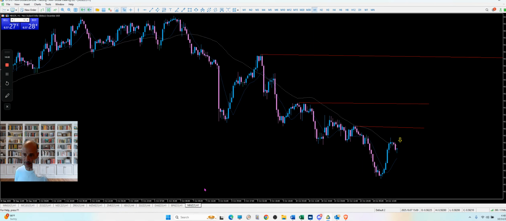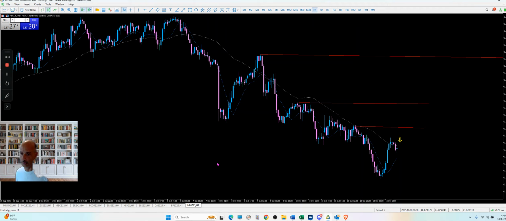All right, and then this is the New Zealand dollar, pretty much a copycat of the Australian dollar. You can see we're back to the moving averages. We do have several levels here depending what time frame you want to look at. This is kind of like our 1-hour zone, basically anywhere in here. We are sitting right back at the moving averages again. And so I think as the New Zealand dollar goes, so does the Australian dollar.